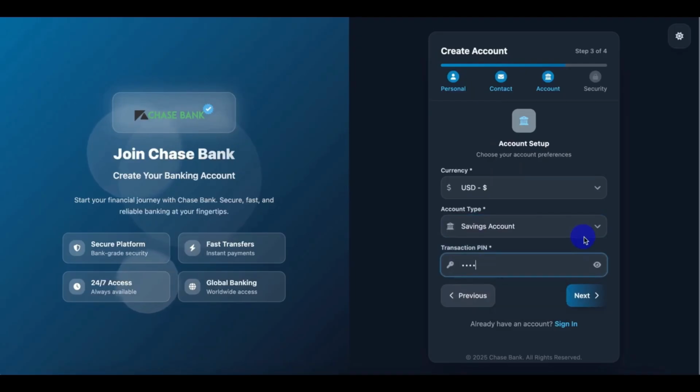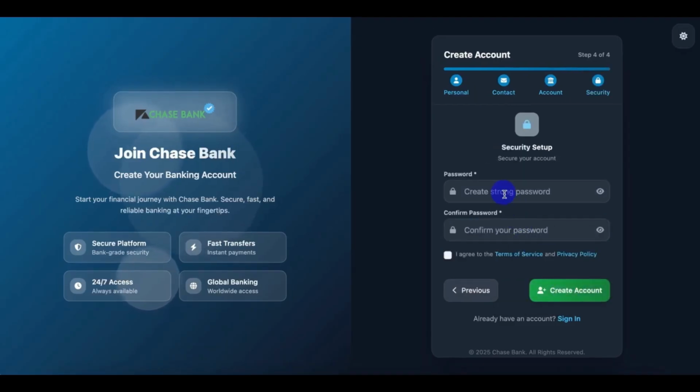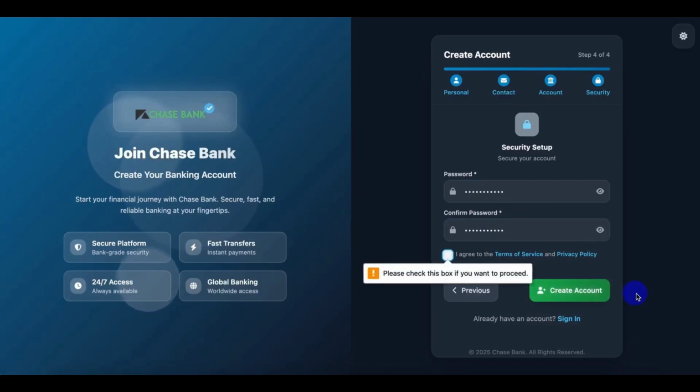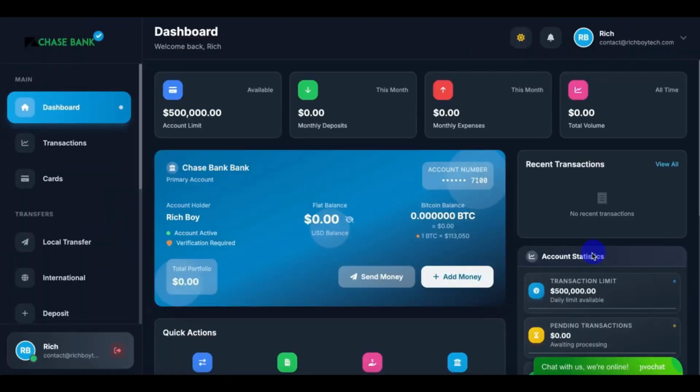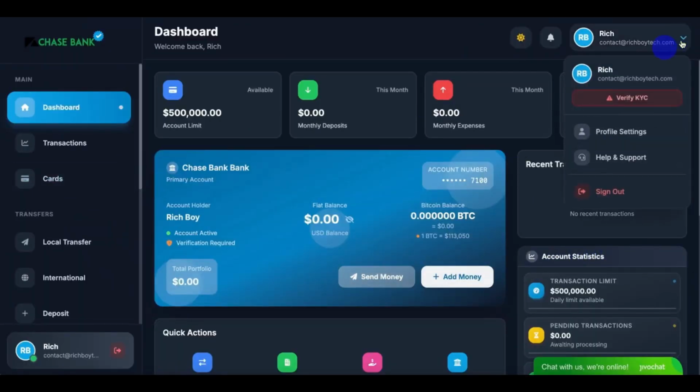Then transaction pin. Let's put 1, 2, 3, 4. Then the next step is the password. Then click on agree to terms of service. Then create accounts. Voila, as you can see, our account is created. So let's check our profile. You can see our profile. You can see verify our